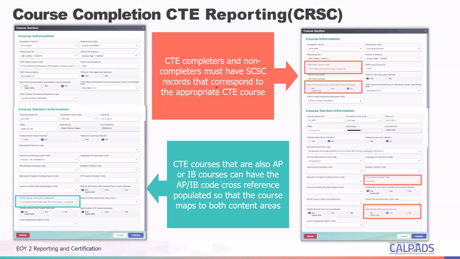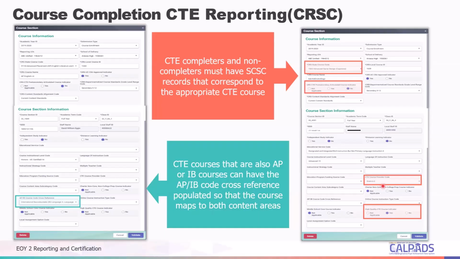Again, when reporting CTE courses, it is expected that you pick the appropriate CTE state course code, indicate if that course is an articulated course, and then identify whether or not it is being taught by a highly qualified CTE instructor.